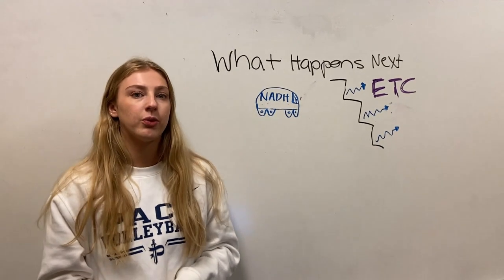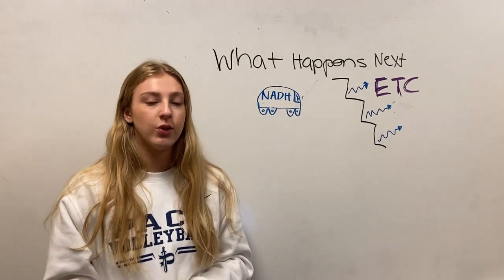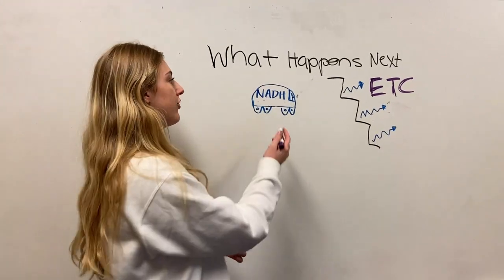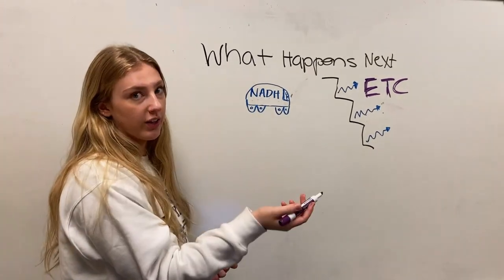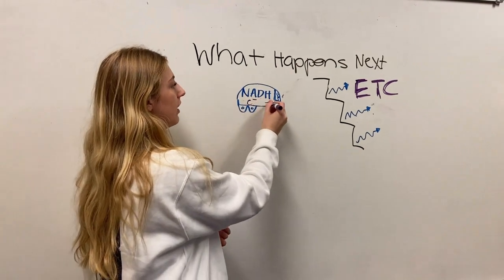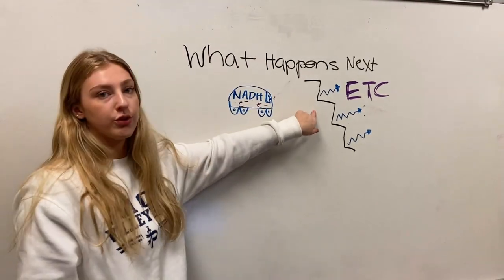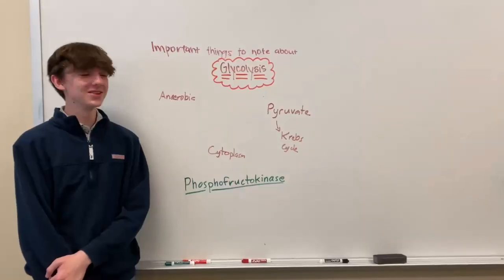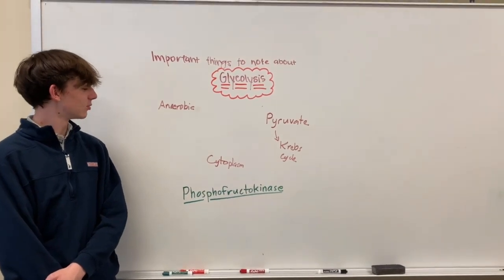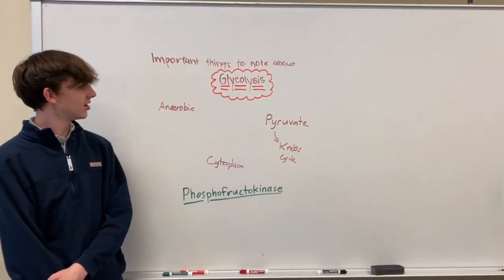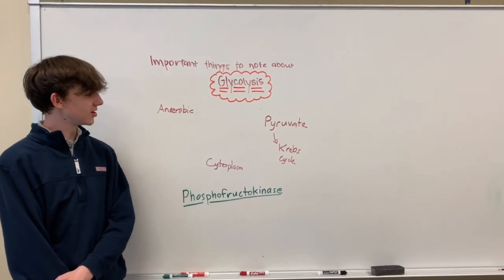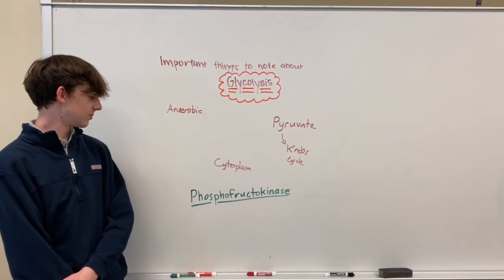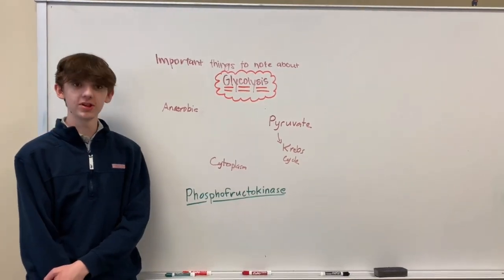The next steps of cellular respiration are the citric acid cycle and the Krebs cycle, and then the electron transport chain, in which NADH, which was produced from glycolysis, is used as an electron carrier and carries the electrons to the electron transport chain, which gives off energy in the form of ATP. So some important things to know about glycolysis is it's an anaerobic process which doesn't use oxygen. It locks energy into pyruvate, which is then used for the Krebs cycle. It occurs in the cytoplasm, and an allosteric enzyme is phosphofructokinase, which stops glycolysis from happening when the cell has